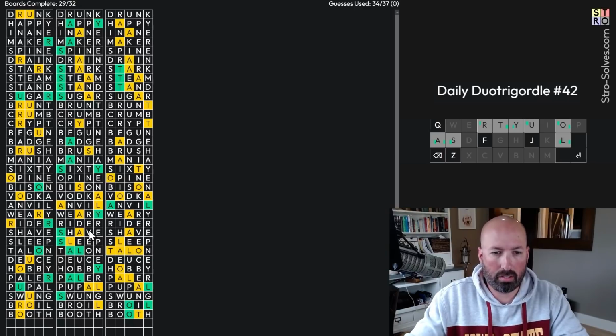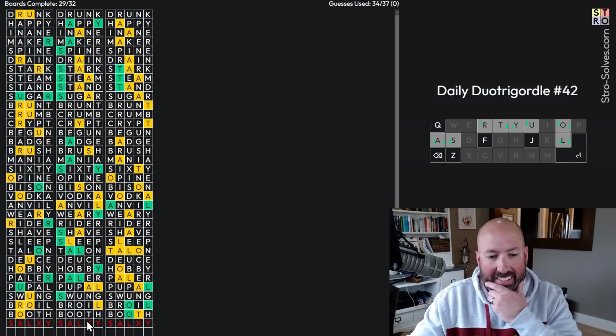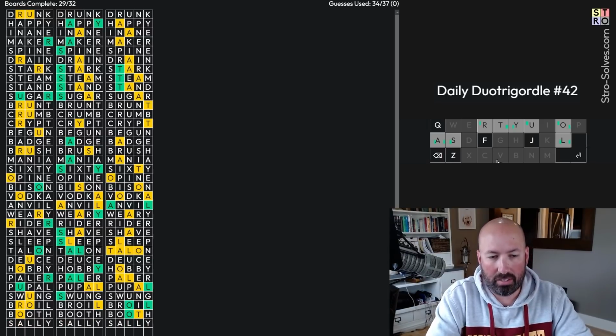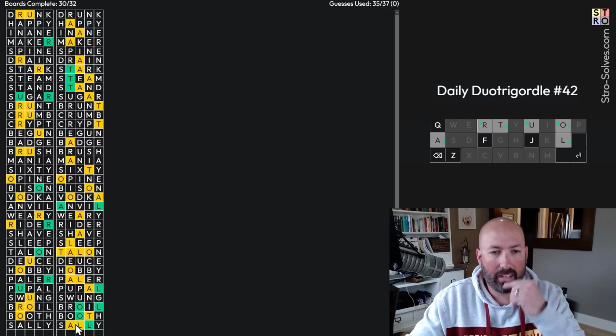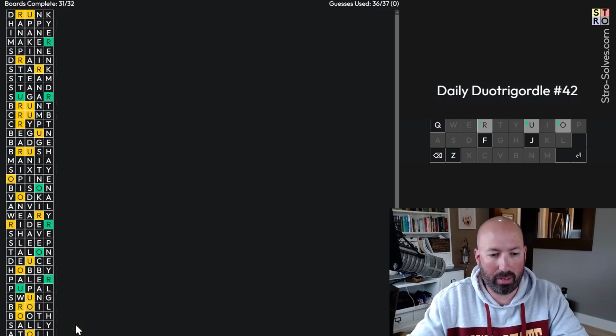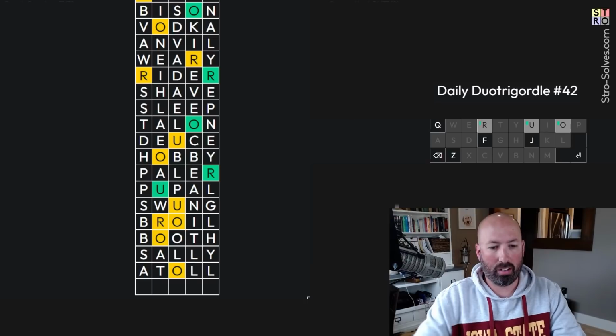B-O-O-T-H, booth. This is S-A-L, something Y. It can't be salty. Oh, S-A-L-Y. I'm gonna look at the yellows just to make sure there's not another letter in there somewhere. Okay. So it's either that or it's a letter that we haven't used yet, and I don't think any of those are words, so it's gotta be Sally. Sally, okay. Now, oh, and now we've got all the greens here. It's Atoll. Okay, perfect, just like what I was thinking, and this is something U, something O-R,